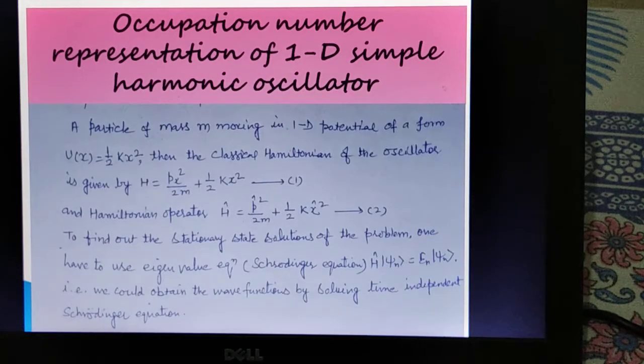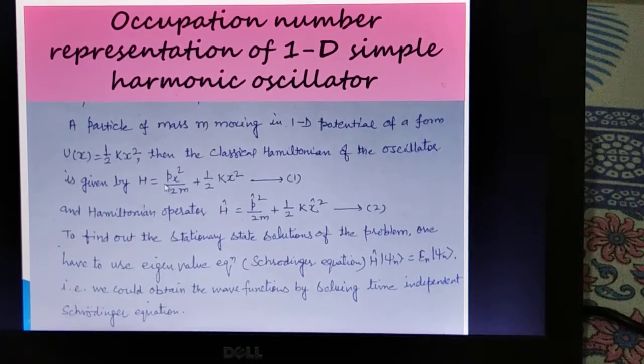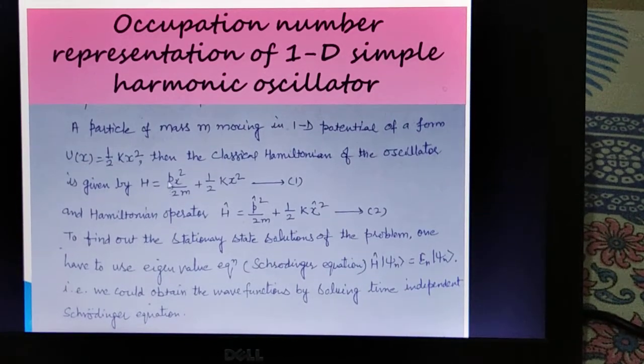A particle of mass m is moving in a one dimensional potential of the form U(x) equal to 1 by 2 kx square. As we already know, the classical Hamiltonian for this one dimensional oscillator is written as H equal to px square by 2m plus 1 by 2 kx square. And if